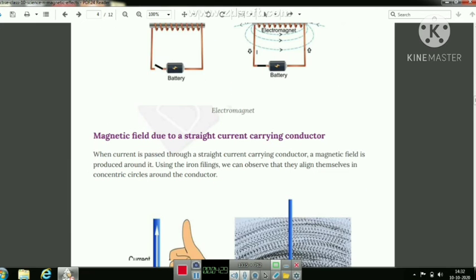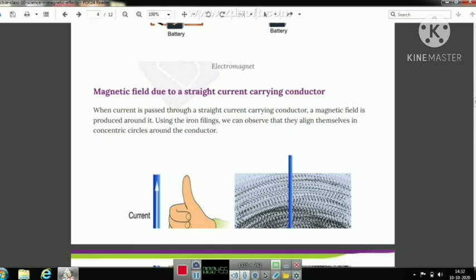Magnetic field line patterns in three cases. First, if we take a conductor in a straight line; second, if we take a circular loop of conductor; or third, a solenoid. Means in three cases, how will the magnetic field pattern be? From that, first we will take the straight line conductor. So, the magnetic field due to the straight conductor